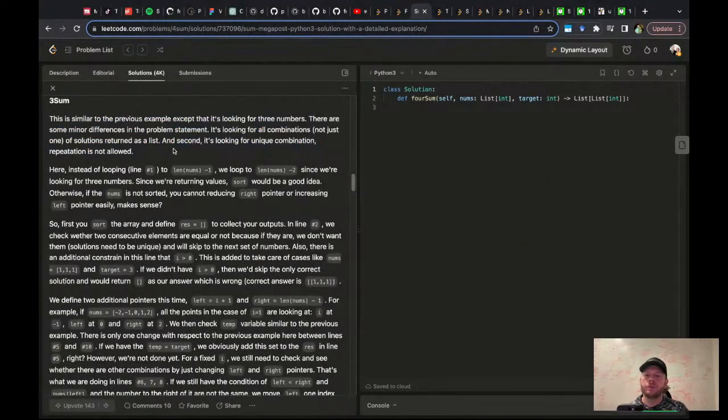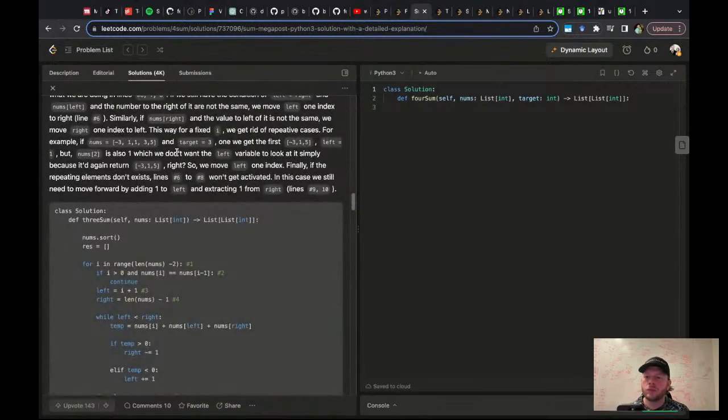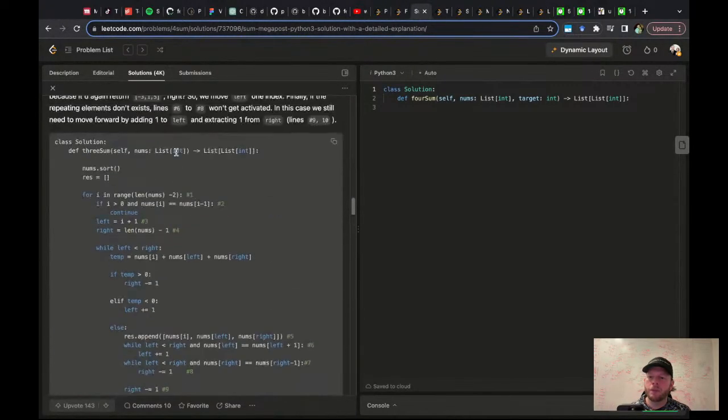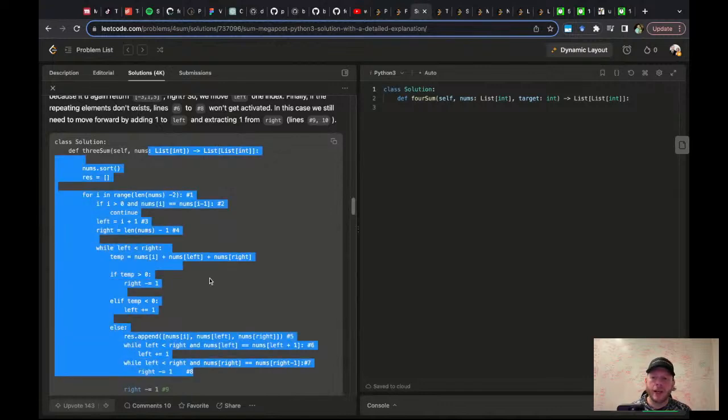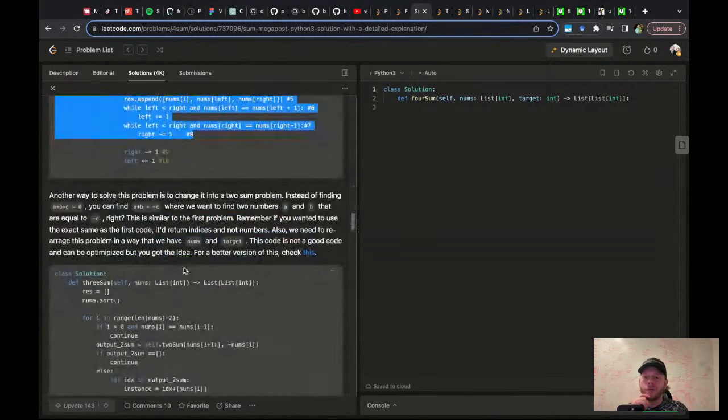3 sum. And here's the solution to 3 sum. This is a great example, I think, of one that, if you haven't done it before, it could take some time to bang it out, but it's a good Kata problem where, if you know it, it's basically 2 algorithms. And that's why I like 3 sum more than 2 sum, because 2 sum is like 1 algorithm. 3 sum is a wrapper on an algorithm. So it's kind of like 2 algorithms. So I like 3 sum more.